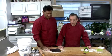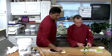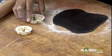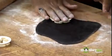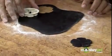And right now what we're doing is Zane's going to go ahead and make some very simple, bold flowers. And so he's taking some very simple cutters that were actually made for more technical, difficult flowers. But what we're doing is some very, very simple cutters and flowers. So he's just cut out